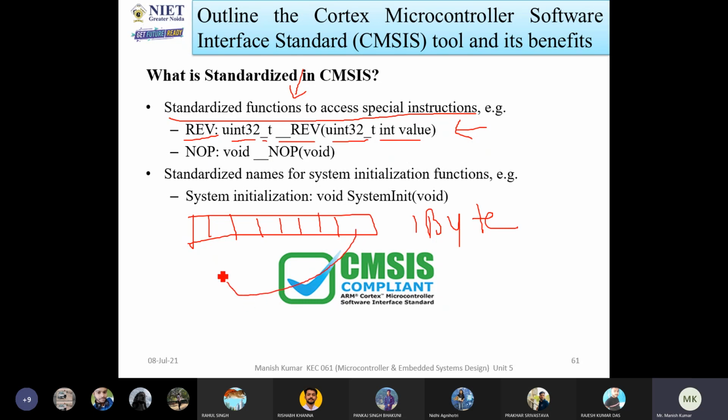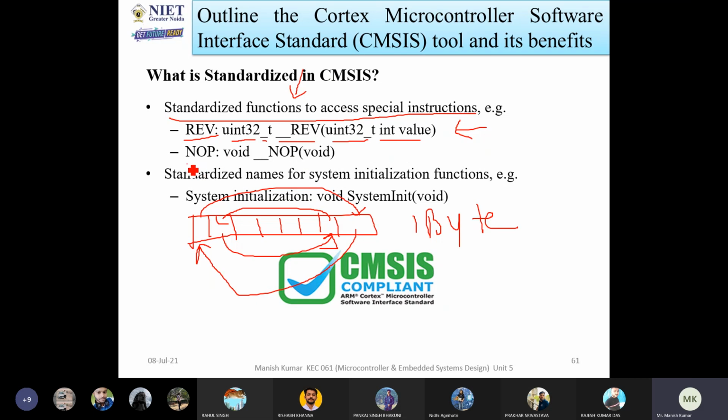Reversing means this data will go there and this data will go there, this data will go there and this data will go there. Like that, these things will happen. So you have to use this instruction if you want to reverse the data.